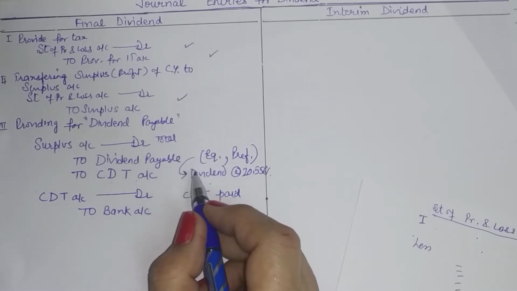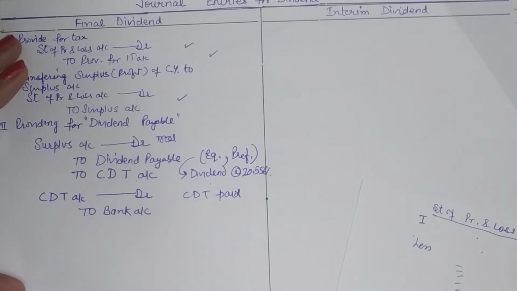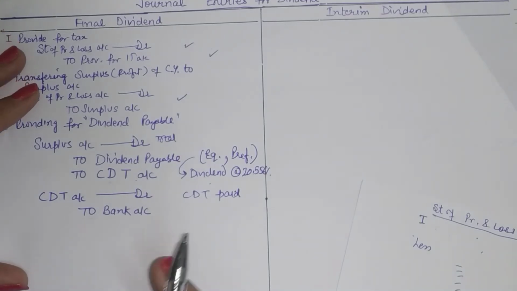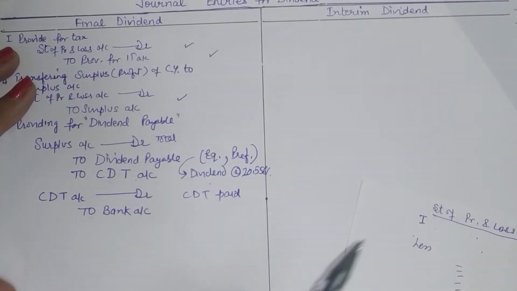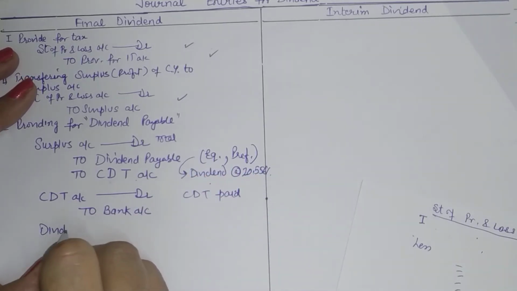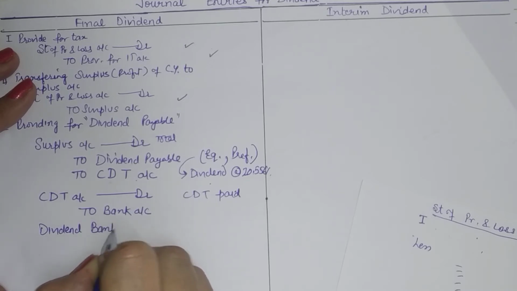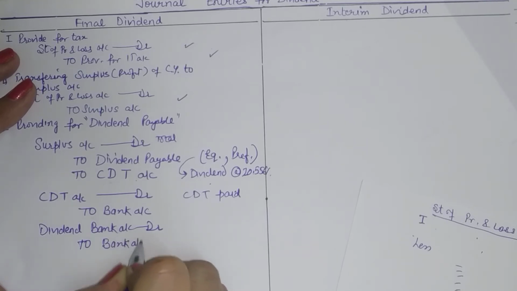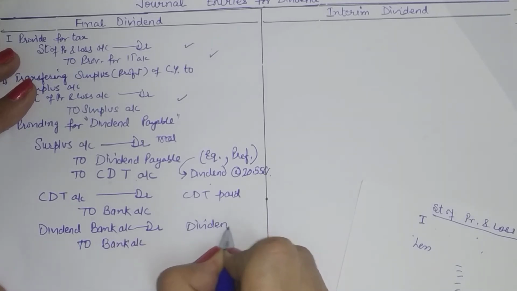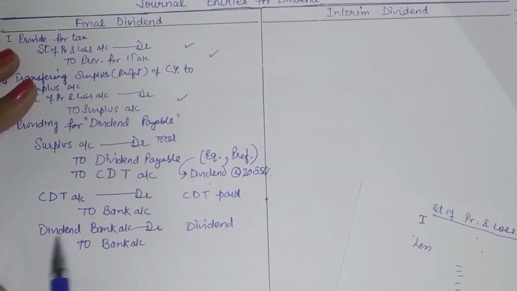Now comes the payment of dividend. Now as a rule, as we have studied in the main provisions relating to dividend, a company is required to pay dividend out of a separate account created for the same. So you can't pay it directly through any bank account. You need to put the relevant amount into a dividend bank account. So you will open a new account called dividend bank account by transferring the required amount from your own bank account. So with the amount of dividend, you are to put the amount aside in a separate account called dividend bank account. So you will pay this dividend out of this dividend bank. So next will be the payment, dividend payable